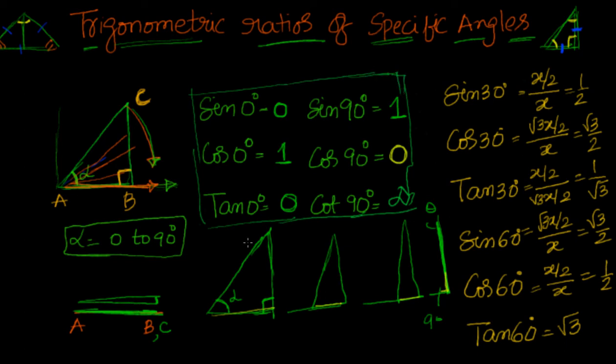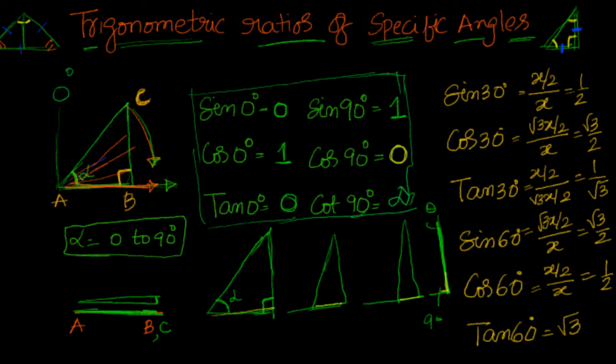Okay, let's step back and see how we got the 0 degrees and 90 degrees, right? Suppose let us consider 0 degrees. Now we know that alpha is making an angle between 0 degrees and 90 degrees. If the angle is 90 degrees, the hypotenuse will be here, and it will not make a right angle triangle itself. If it is less than 90 degrees, suppose it is 89 degrees, then I know one angle is 90 degrees, then the other angle is only 1 degree. You got it, right?